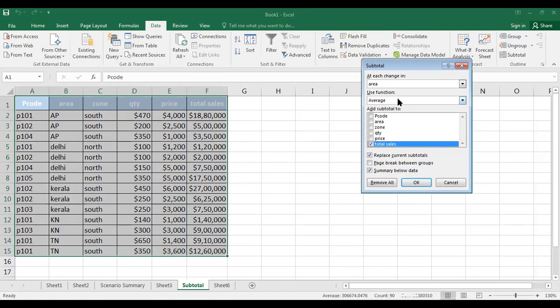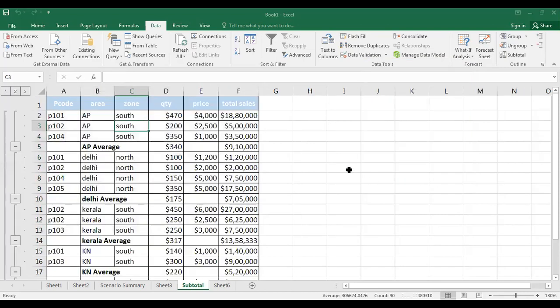For example, the grouping is based on area, but I want subtotal in quantity as well as total sales, so more than one column at a time. You say okay. Now I got subtotal in quantity and subtotal in price for each area.